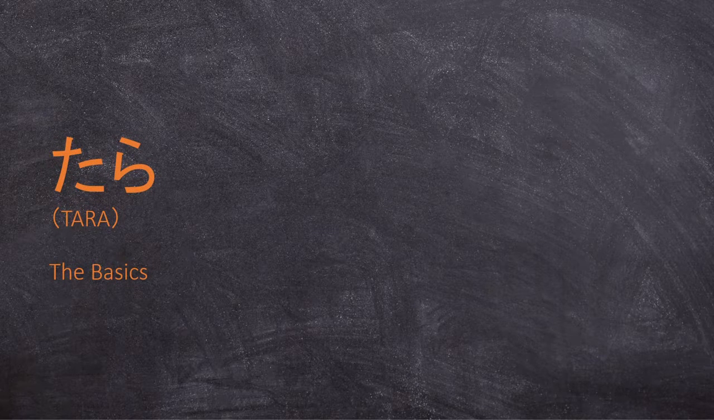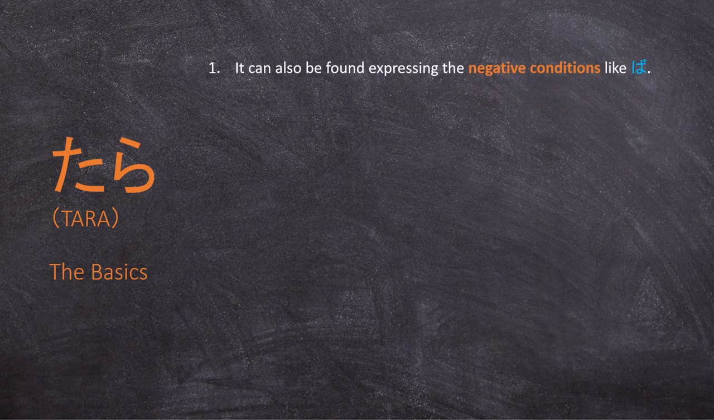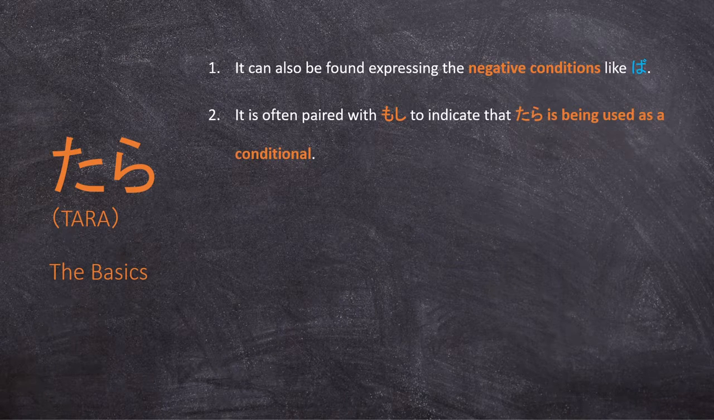Now let's see the second part of this list that covers the basics of the Tara usage. The first point here is that you can also find Tara expressing negative conditions like ba. After that, you can also see it often paired with Moshi to indicate that Tara is being used as a conditional. Now this is very important because you want to eliminate ambiguity of any type when you are conveying something,